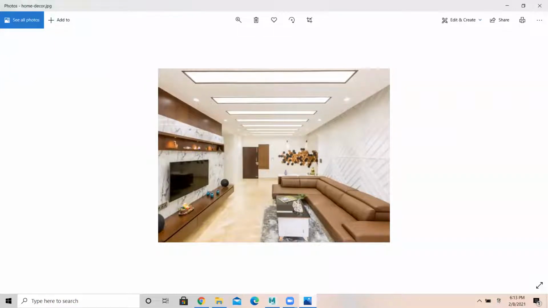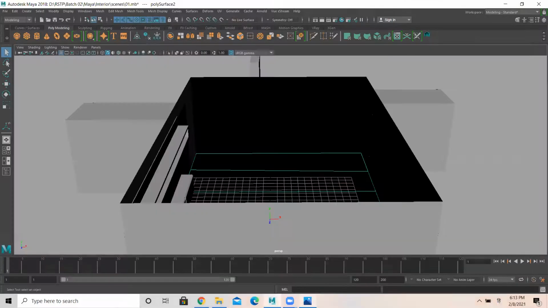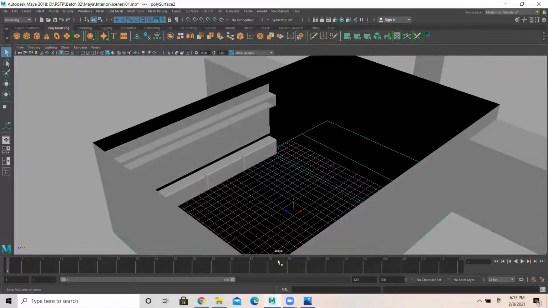So we need a table. Okay, there's a TV unit. Let's add a TV.